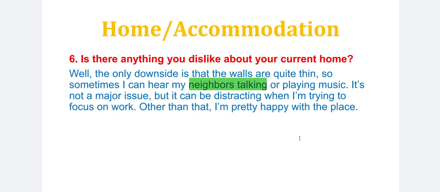If there is any particular furniture, you can say the sofa set, old sofa set, old dining table, old chairs, study table. Okay, what else can be there? Electronic devices, or you can say the color of the walls of your room, or whatever the feature that you don't like in your home. You can talk about that, you can expand on that.